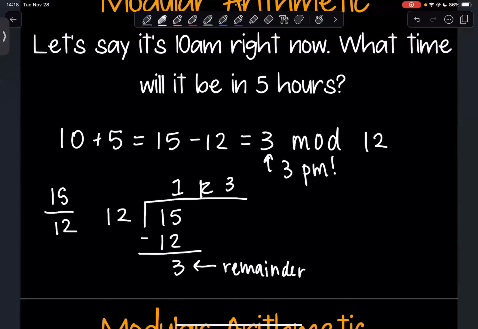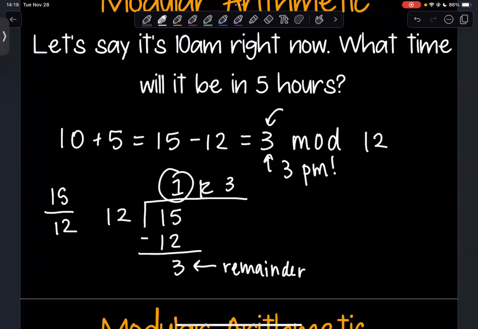Okay, the reason why these are the same, thinking about it as the remainder versus pulling out a multiple of 12 or subtracting by 12, really by subtracting the multiple of 12, we're thinking about how many times will 12 go into 15? That's why I subtracted that 12 once. And then what I get left over is going to be that remainder showing up there. So I could either think about it as my remainder after dividing by 12, or after subtracting or adding multiples of 12, seeing what number I have left over that's between 0 and 12 there.